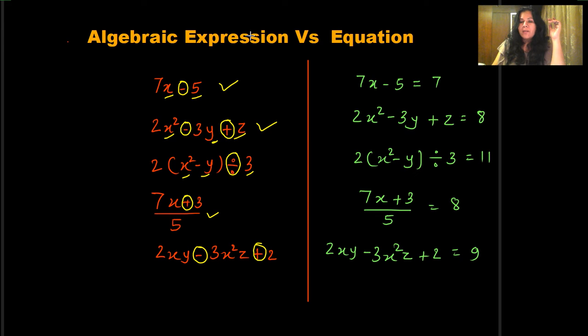But now we will learn what is the meaning of the word equation. There are some things which are common in both algebraic expression and equation, children. In an equation also you will see there are some constant terms, there are some variables, there are mathematical operators. But what is the difference? The difference here is this equal sign, children. In an equation we always have an equal sign. You can see all these equations which I have written here on the board have an equal sign.